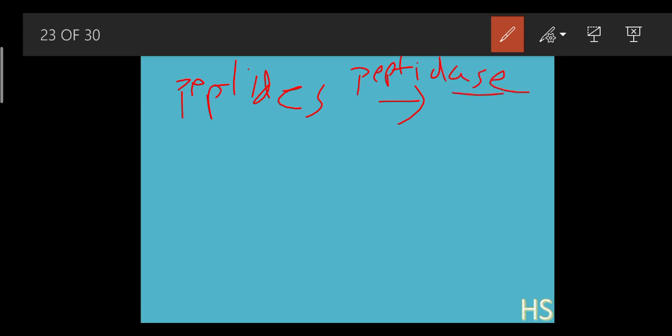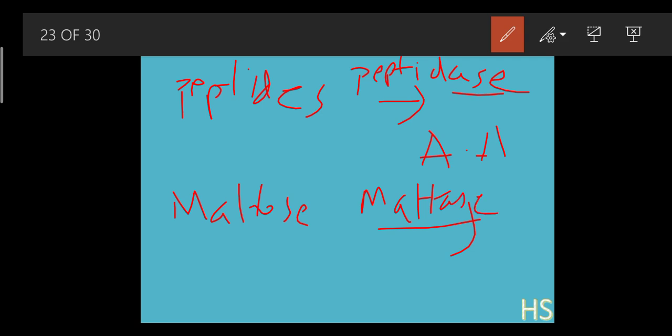Now we are moving into the intestinal juices. Now see, there were the peptides which were left in the earlier reaction. So with the help of the enzyme called peptidase, just put ASE, it gets converted into amino acids. Okay, there was maltose which was left. So just remember like this: maltase, OSE, ASE gets converted into glucose, and glucose is the simpler form. Now it won't be able to get broken down anymore.